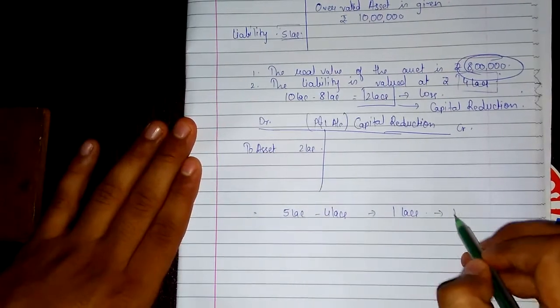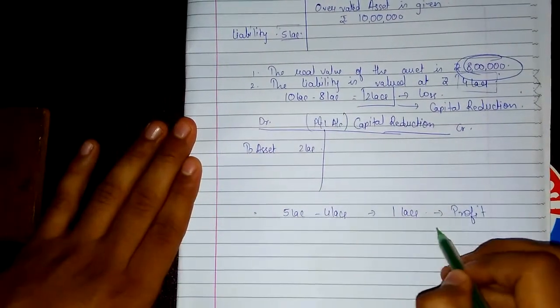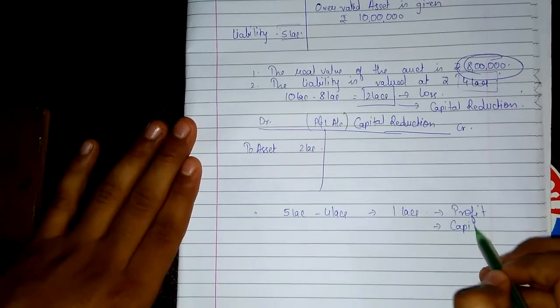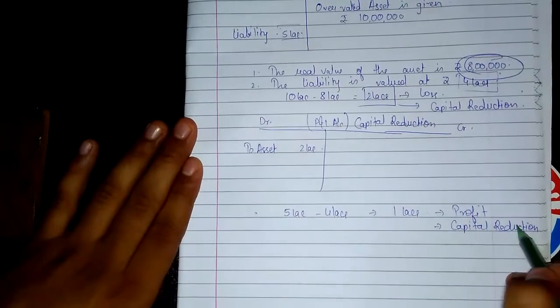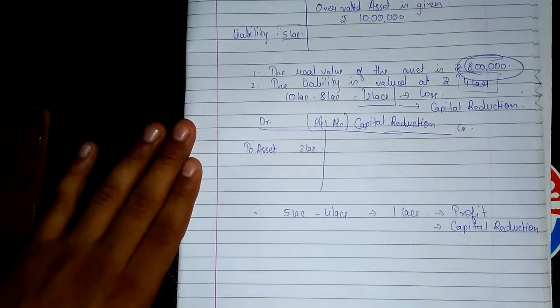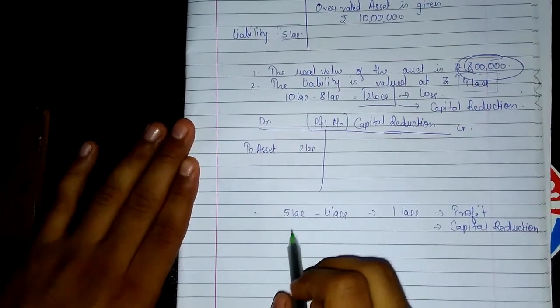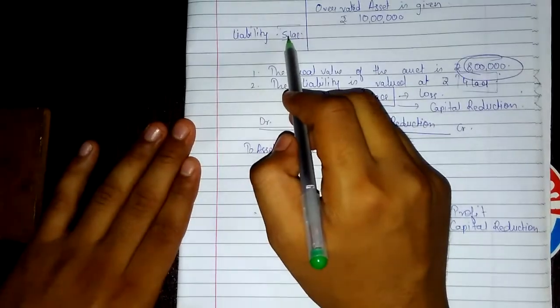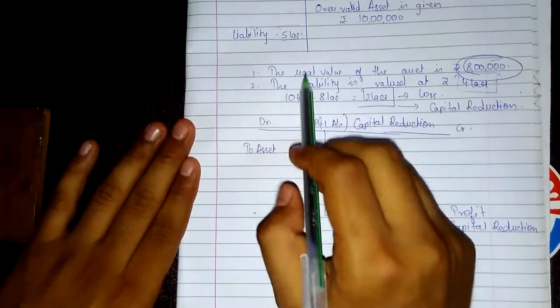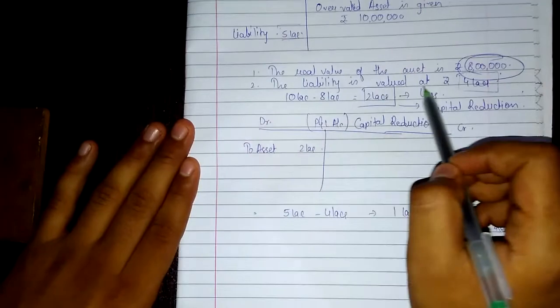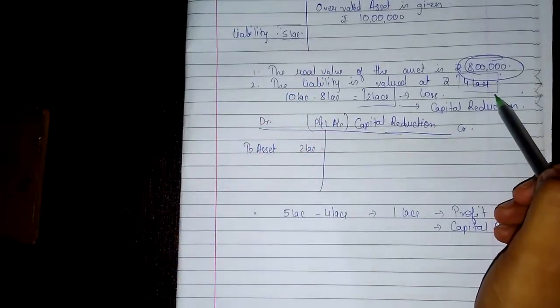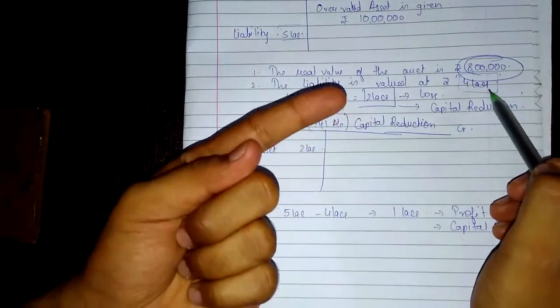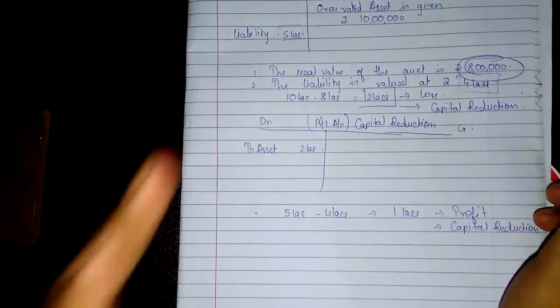I hope you all have said profit. So this will also go in capital reduction account, but since it is gain, it will go on the credit side. Why is it profit? Many of you might be asking why it is profit. It is a liability. Our liability was 5 lakhs in the old balance sheet, but in the adjustment it is said that the liability is valued at rupees 4 lakh. That means our liability has reduced by 1 lakh. That means we have made 1 lakh profit. Okay, I hope you all have understanding.